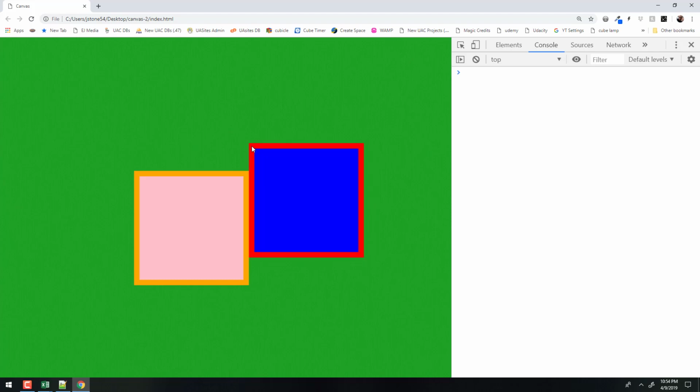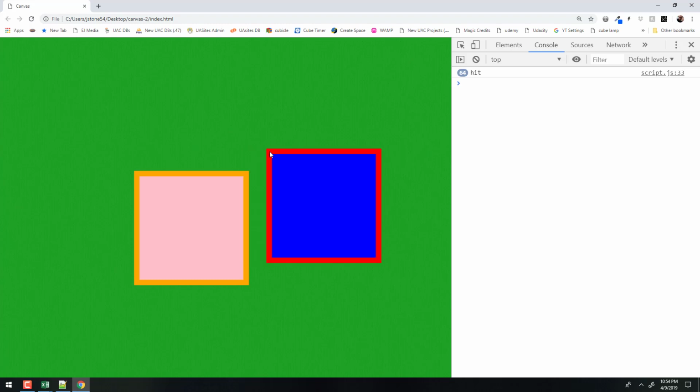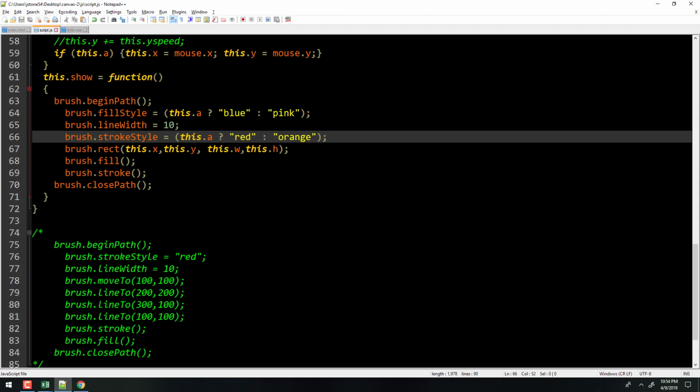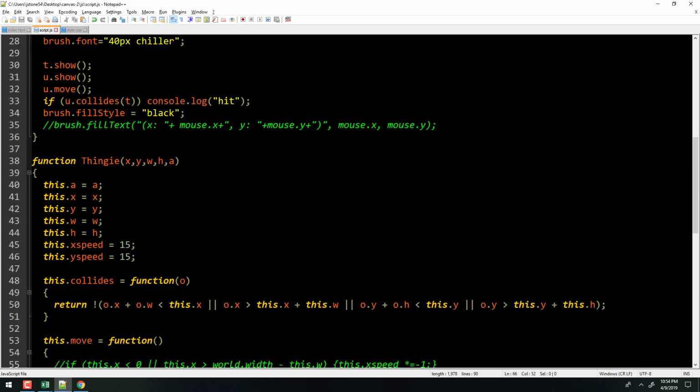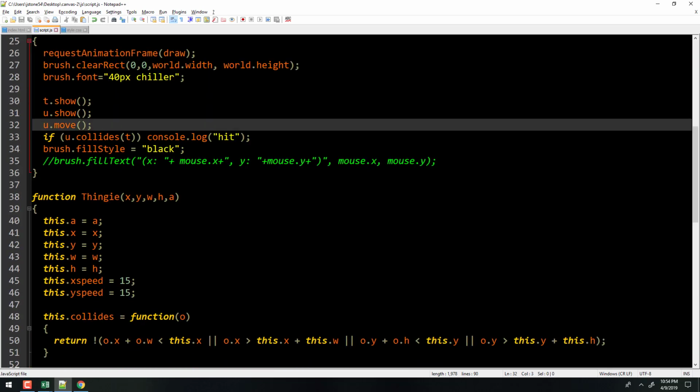Notice right now it's not colliding, okay? But a little bit more and now it starts colliding. What's happening there is that the border sort of changes your XY a little bit. It's a little wonky what happens. So to show you what's going on there, I'm going to quickly not make this